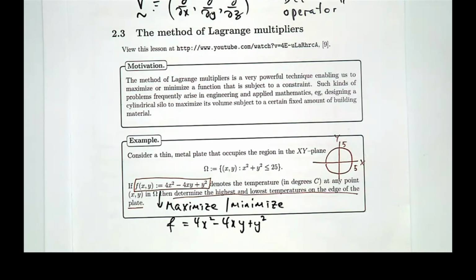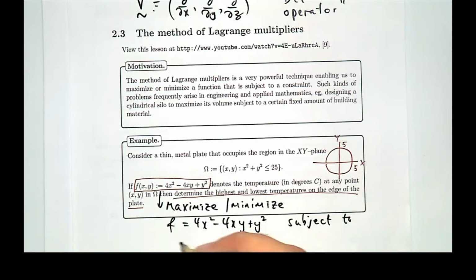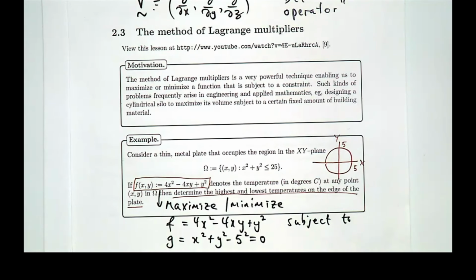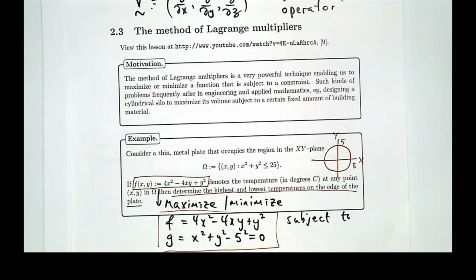And we've got a constraint. And this is sort of the standard setup. You have a function that you're interested in learning about, and you have some condition,